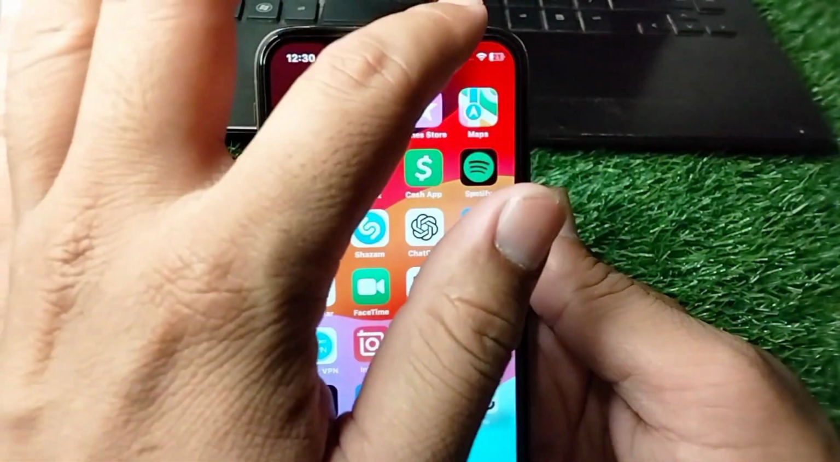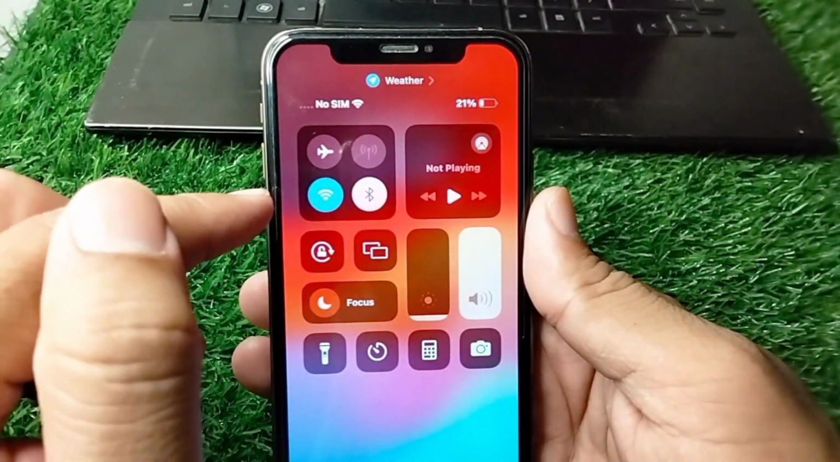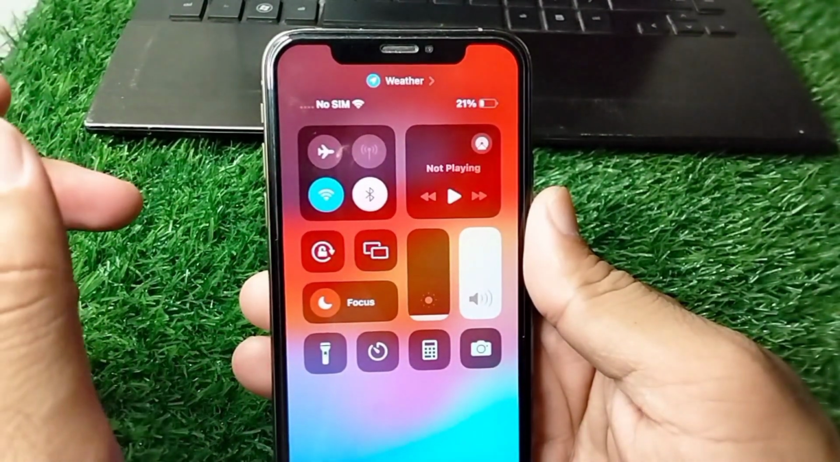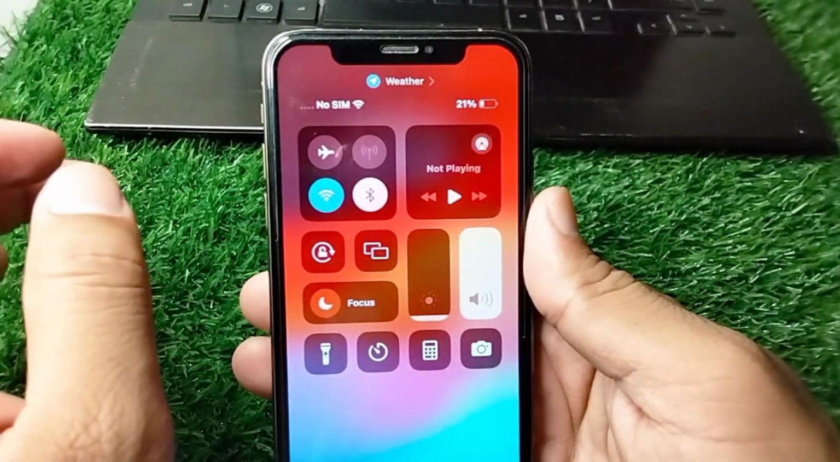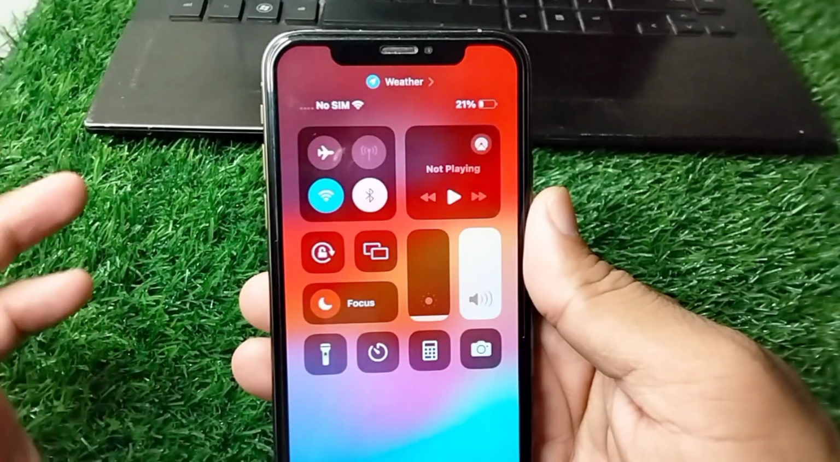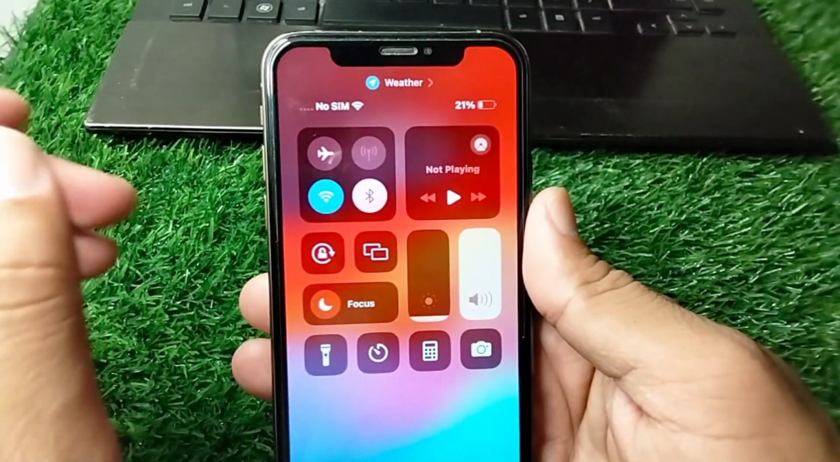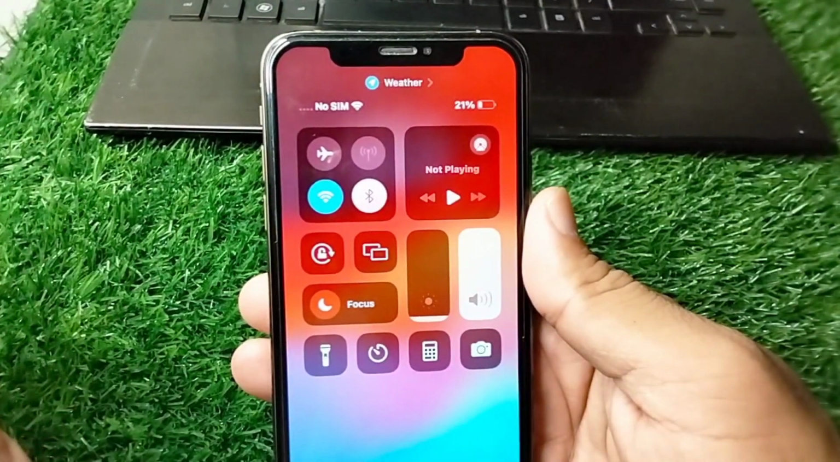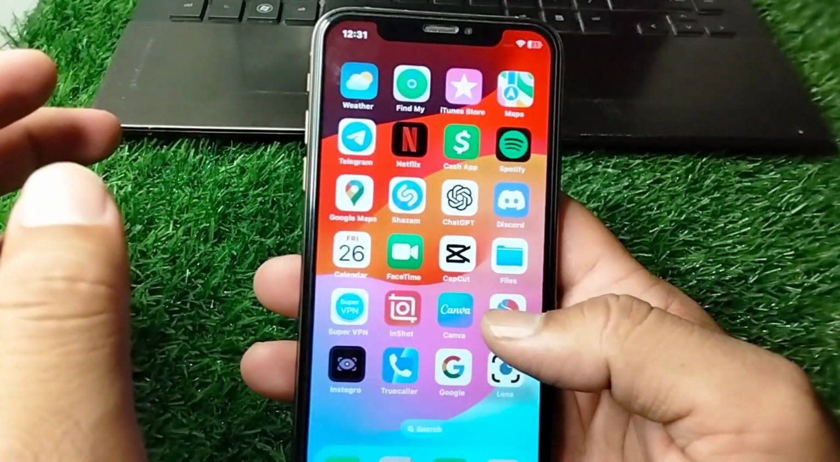So guys, first of all, drag down your Control Center and make sure that your internet connection is working properly. So guys, check your internet connection, and if the internet connection is working properly, then change your internet connection for one time. So guys, use any other network or your mobile data to update your device to the latest version. So guys, do this and check if the problem is fixed or not, and if the problem is still there,